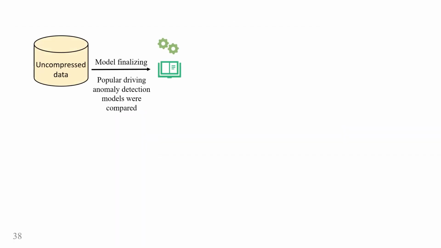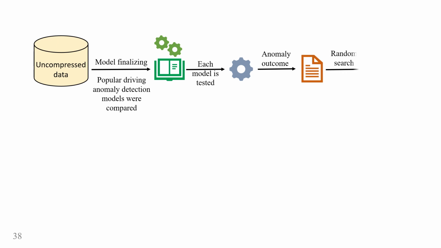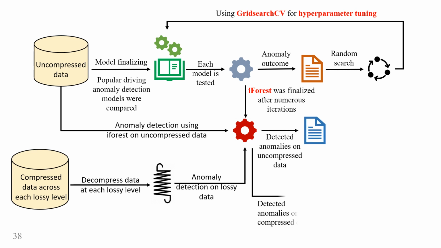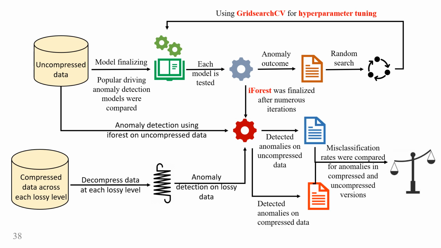In order to find out the misclassification in uncompressed as well as compressed data, we first ran state-of-the-art driving anomaly detection ML algorithms on the uncompressed data to find out which algorithm suits best for our data set. We have used grid search CV for hyperparameter tuning, and after numerous iterations, we finally found out that isolation forest, or iForest, is the best for our case. We then ran the isolation forest anomaly detection algorithm on the uncompressed data. After this, we gathered the compressed data across each level and then decompressed it. After this, we ran the isolation forest algorithm on the decompressed data, and finally